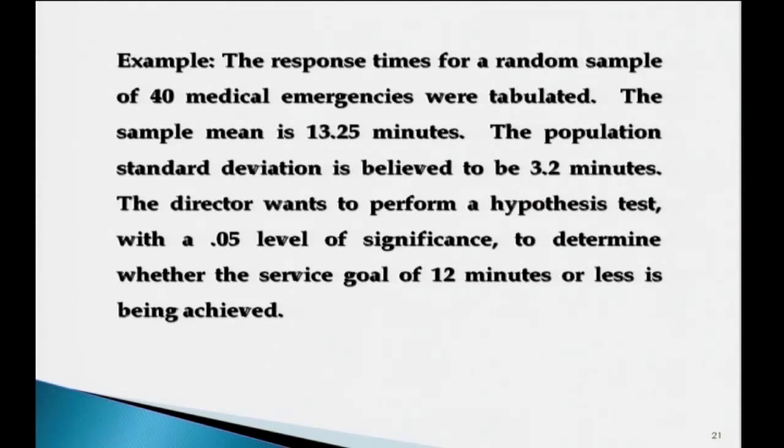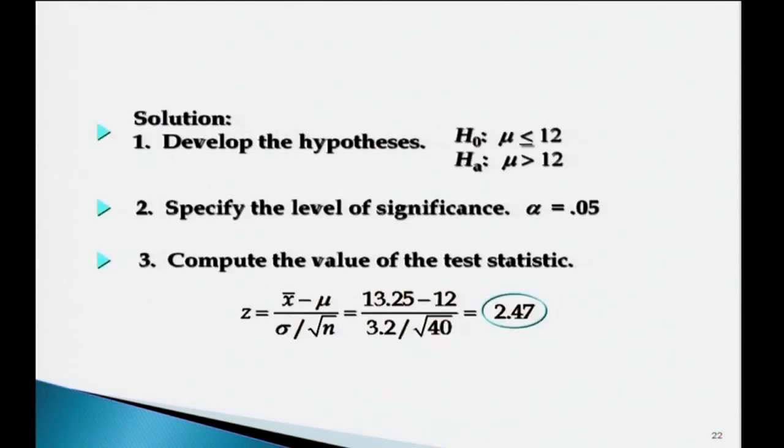And how many samples are there again? There is only one sample of size 40, there are not 2 samples or more than 2 samples. So, whenever there is one sample, the issue is whether it represents a certain situation or objective related to a parameter or not. So, we only want to see whether that 13.25 from the sample is less than 12 minutes or not. Can we assume that to be under hypothesis testing, right?